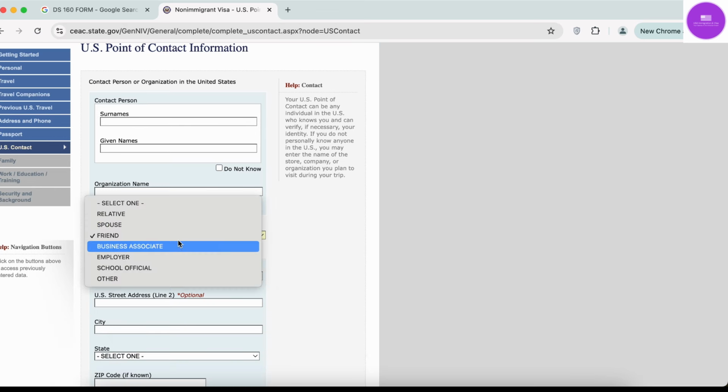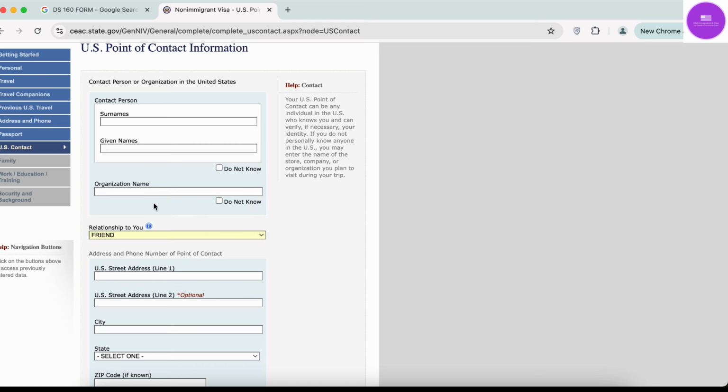What all information is there? See, you can fill relative, spouse, friend, business associate, employer, school official, others. So I will just simply put friend. In that case, if organization name is not mandatory for me to fill today, I will here write